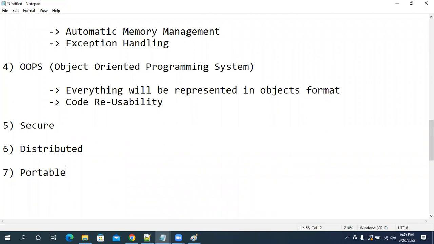You can execute them in any machine, any device. Whatever Java program I'm writing, you can execute it in any device, in any machine. Easily you can transfer the Java programs from one machine to another. They are not dependent on the machines. Why are they not dependent on the machines? Because of the JVM.